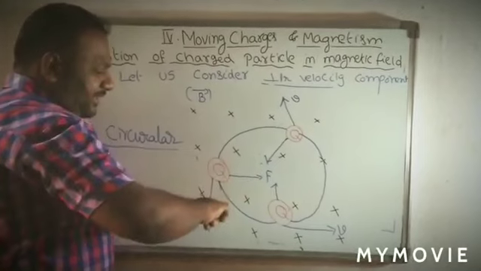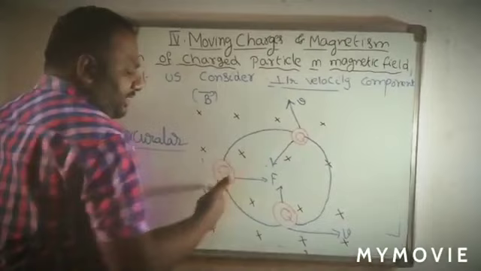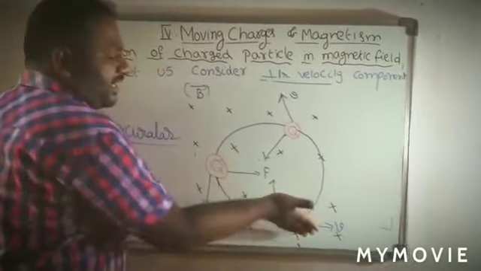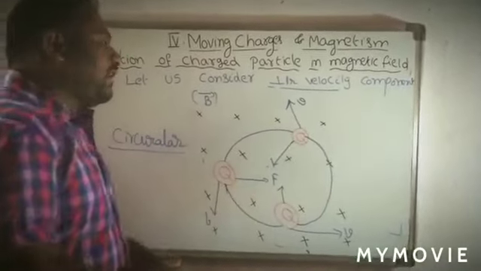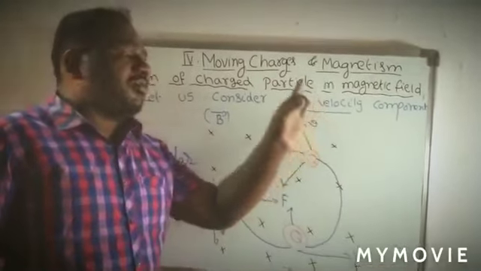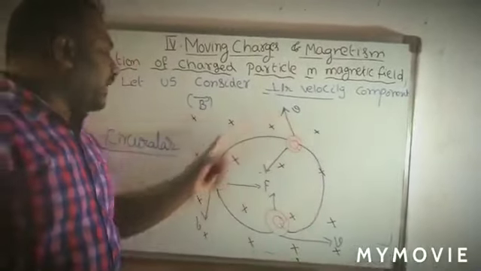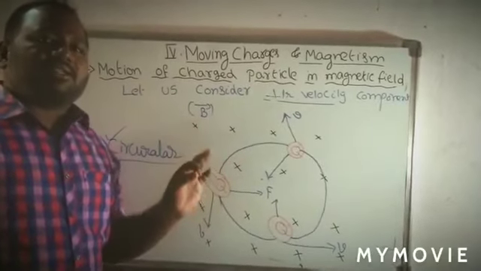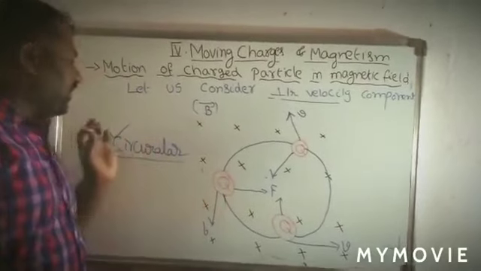Due to this force, the particle changes its direction. Here again the velocity and the field, again we take the curling. So velocity to field, this is the force direction. And again here also velocity to field, this is the direction. So finally what you have to remember is that due to the perpendicular component of velocity of the charge, the charge is moving in which path? That is the circular path. Okay? So the motion of the charged particle due to the perpendicular component of velocity is nothing but a circular path.